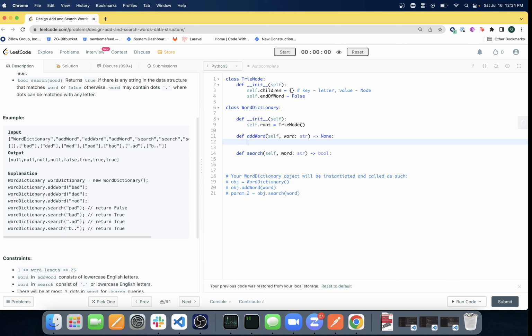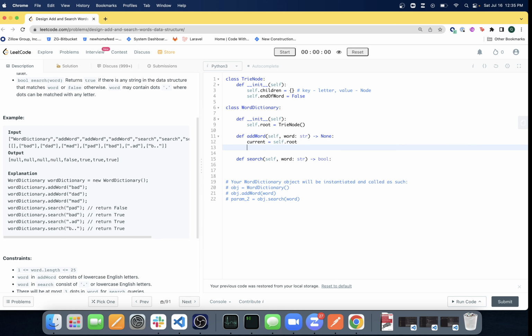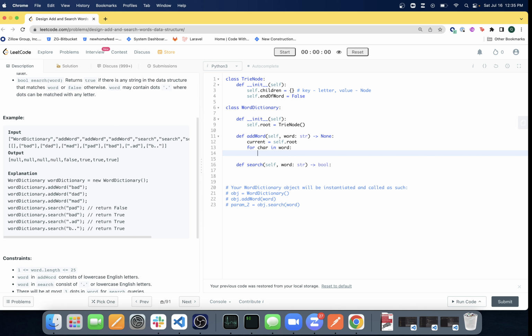So to add a word, we're going to start at the root. So we're going to have a pointer that starts at the root. So current is equal to self.root. And we're going to loop over all of the characters in word. So for char in word. And then we're going to check if the character is a child of the current pointer. So if char not in current.children,